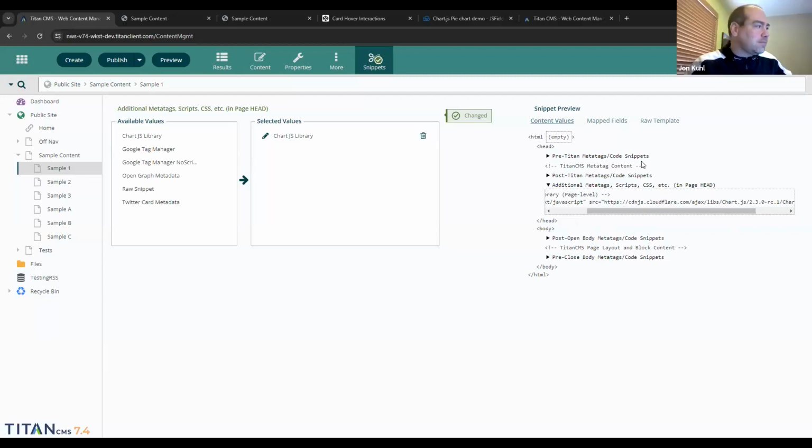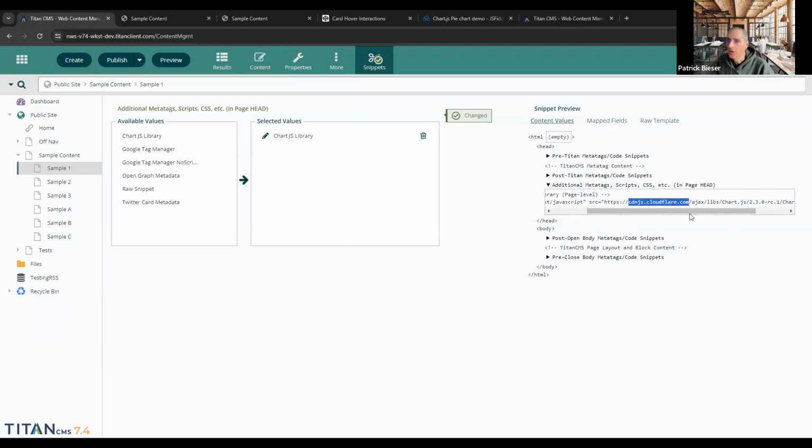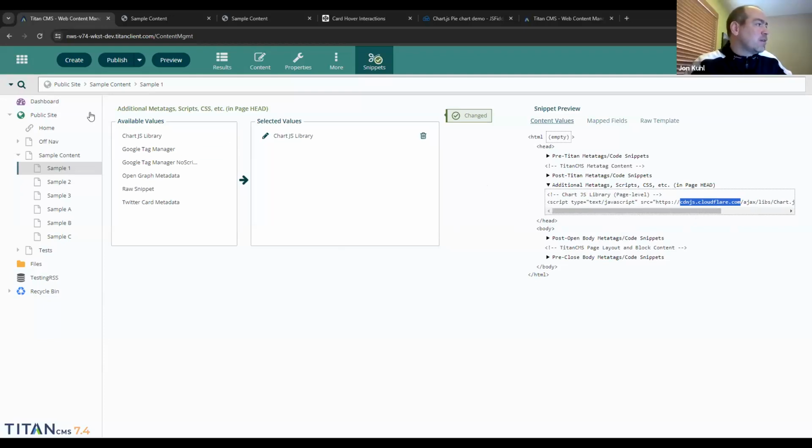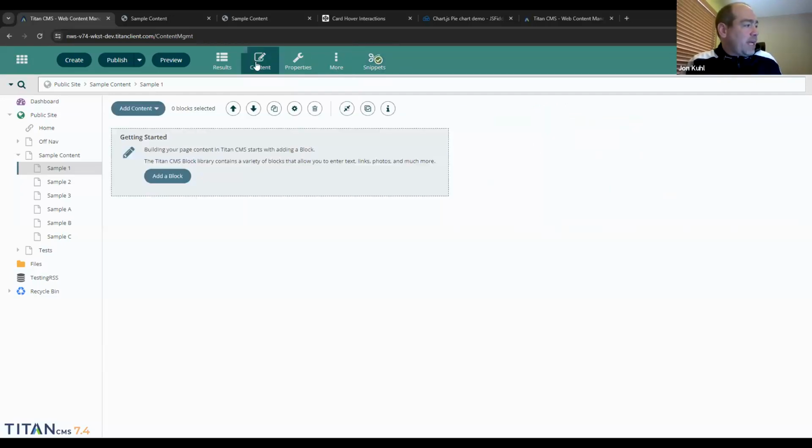Right. There's private CDNs, but in this case, you're referencing chart.js that's out there on Cloudflare, which is a known CDN, where all of the source code in this library just lives permanently, and thousands and thousands of people reference the same link. Yep, exactly. So with a snippet set up, now I'm back to adding content, and just like we did before,